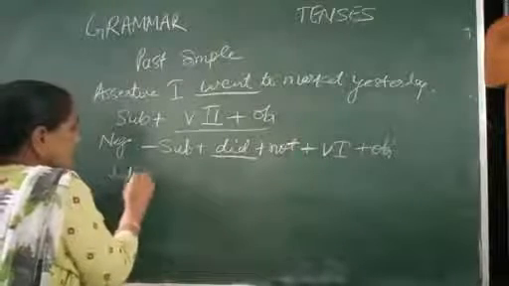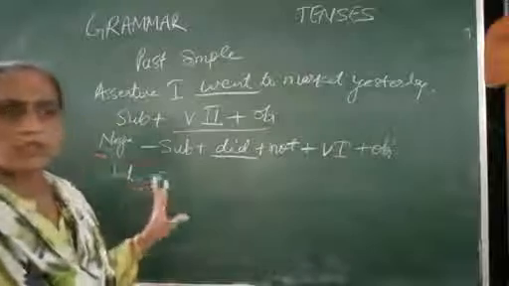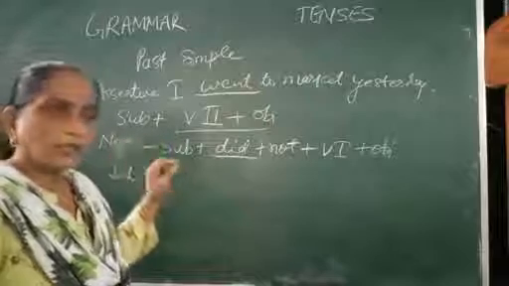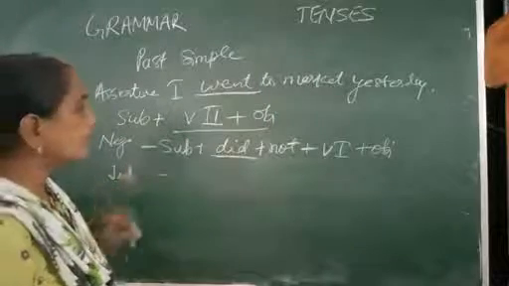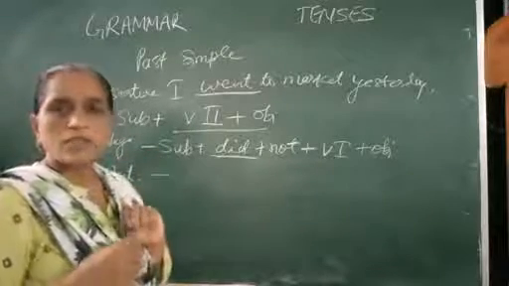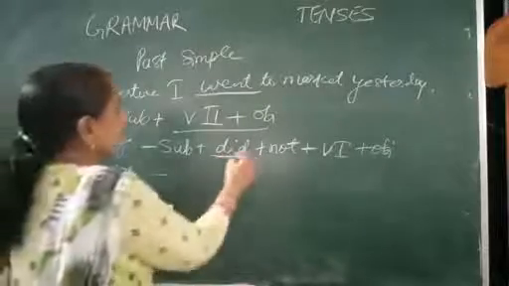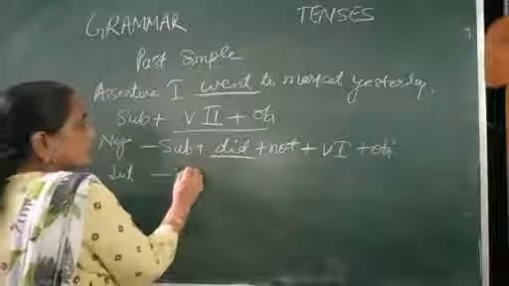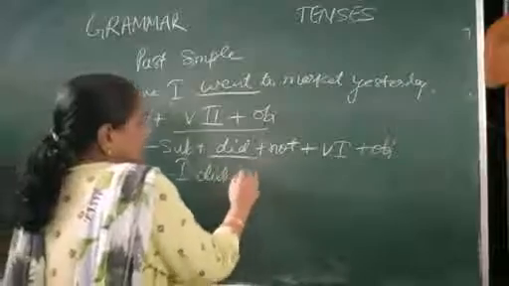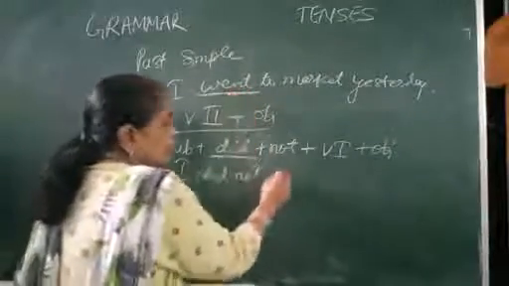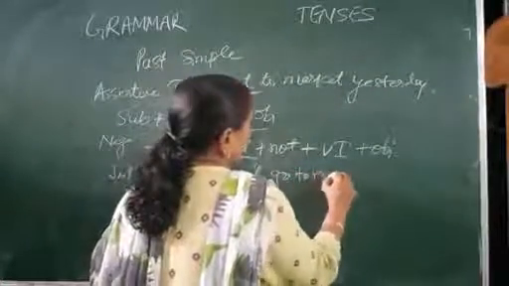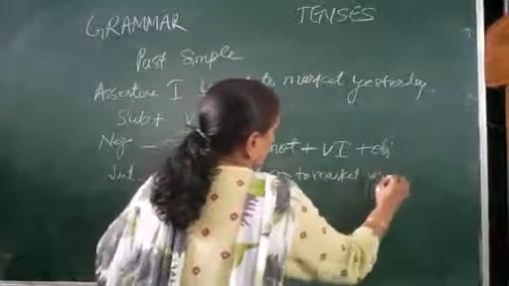Interrogative sentence is made. अक्सर गलत करते हो तुम ये लिखने में कि I went to the market yesterday. If I ask you to make this negative, what you will write? That I not went. Generally, you just skip the use of helping verb did. So this is subject. यहाँ क्या लिखूंगी मैं? I did not. अब went is the past form of the verb go. So I have to write did not go to market yesterday.